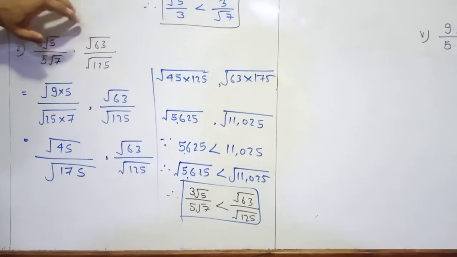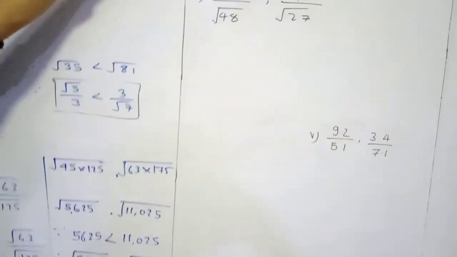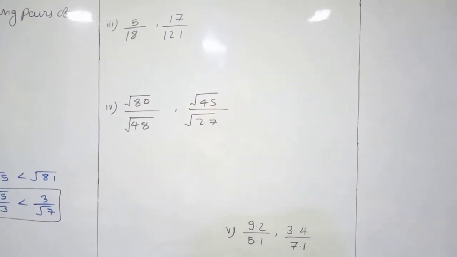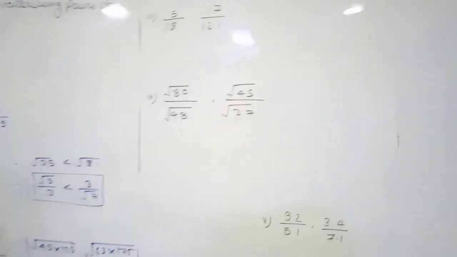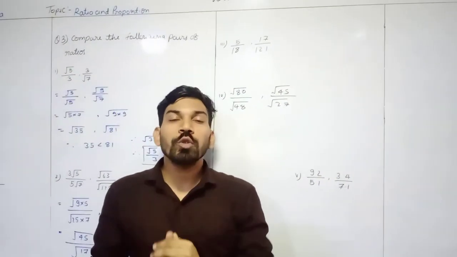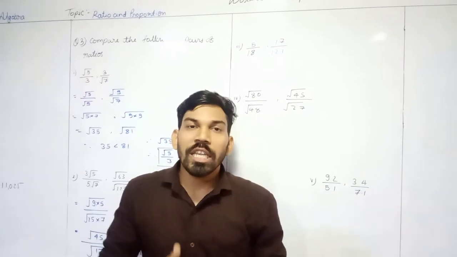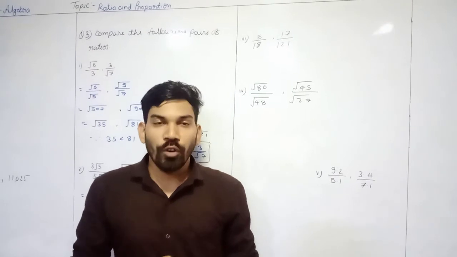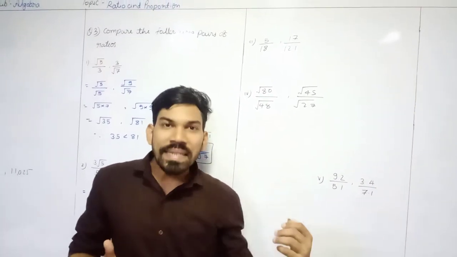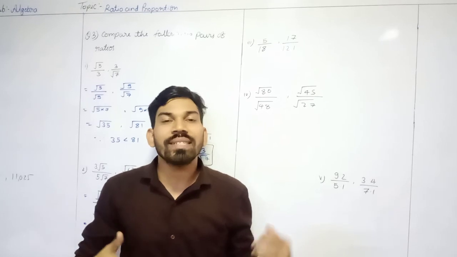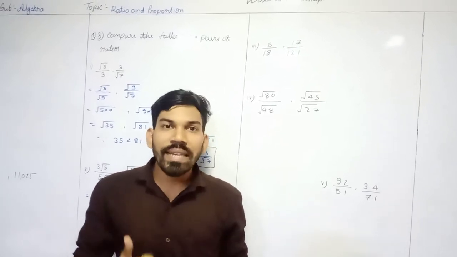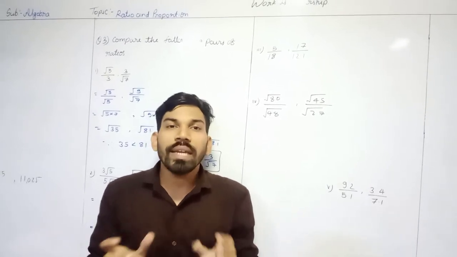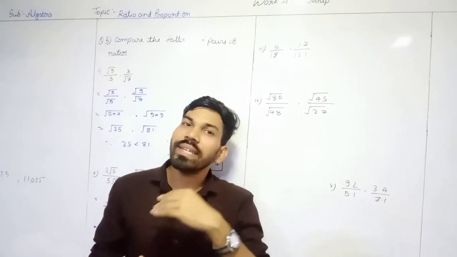On the basis of these sums, we have the rest three sums, sub questions 3, 4 and 5. These three sums are homework for you. So today we learned how to compare ratios, when the numbers in the ratios are positive. If AD is greater than BC, then the first ratio is greater than the second ratio. If AD is smaller than BC, the first ratio is smaller than the second. If AD and BC are equal, both ratios are equal.